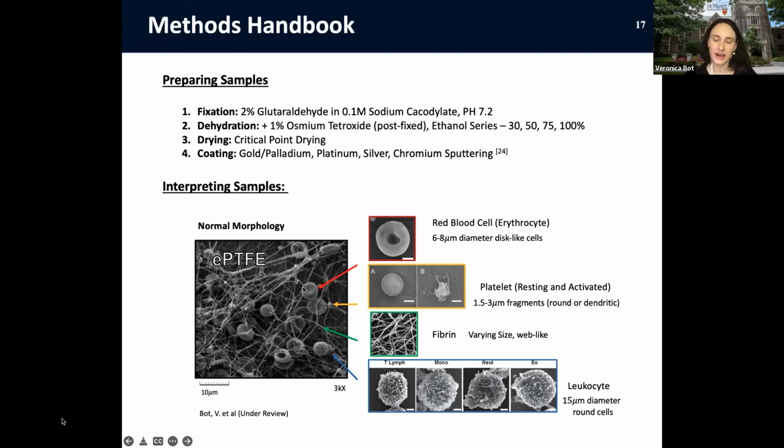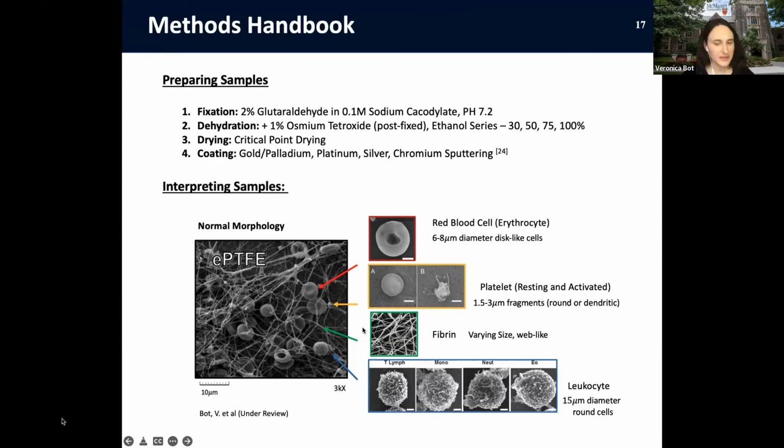So you want to be very aware of that and try to confirm what it is you're observing. Platelets are other species which are of interest in many studies. These blood cells have a characteristic shape, sort of a disc-like shape, but not impressed in the middle. And they can also be activated, in which case they adopt this dendritic-like structure. So again, easy to mistake this for a red blood cell if you're not familiar with the size classification as well as the shape of these cells.